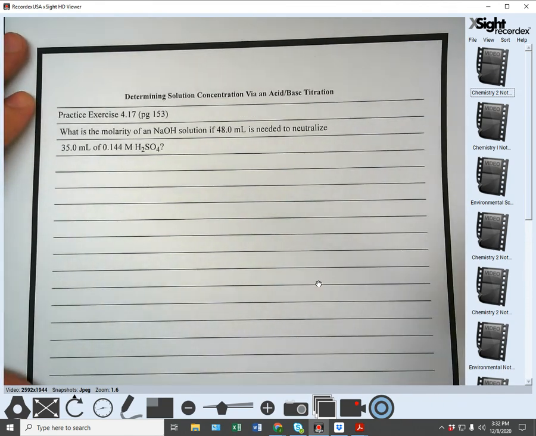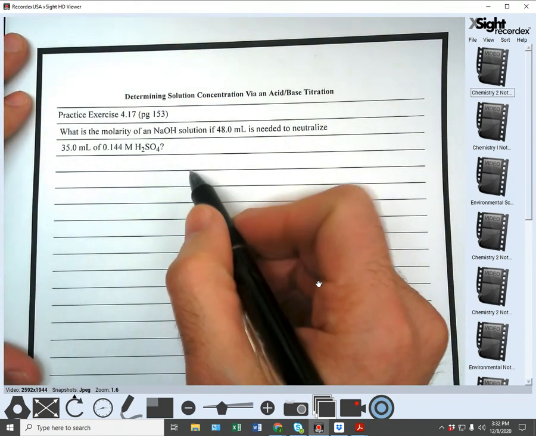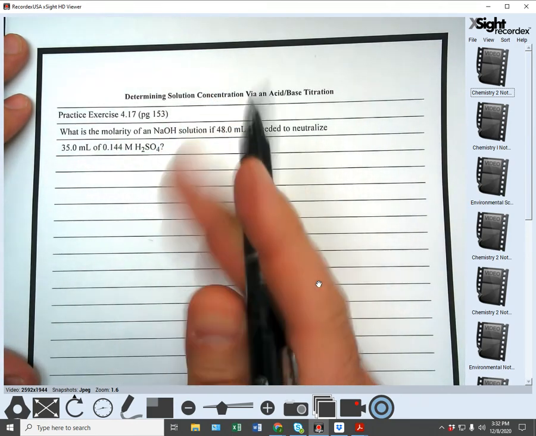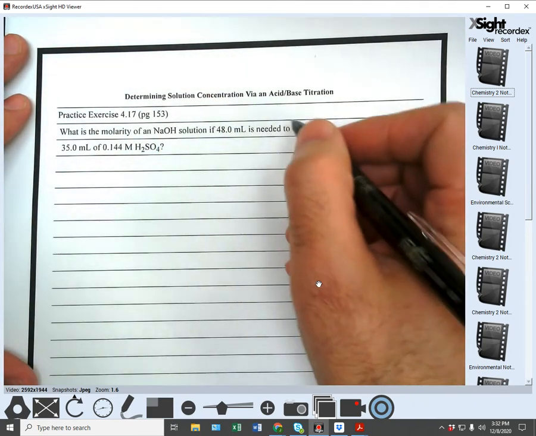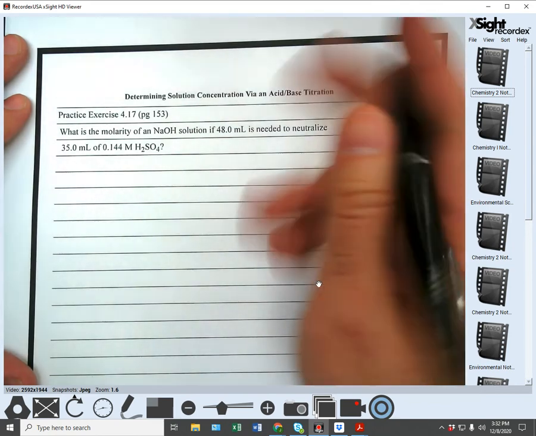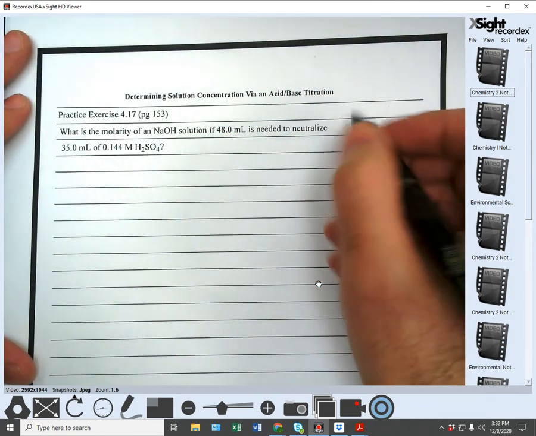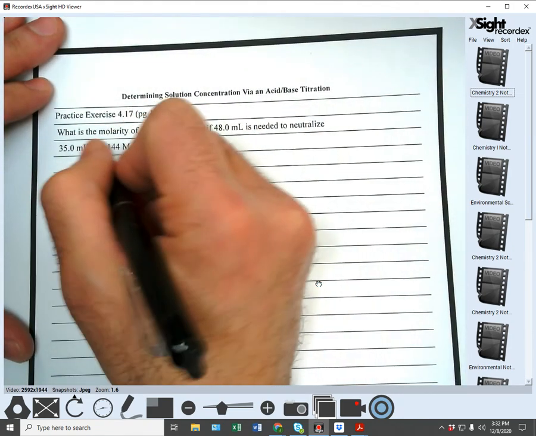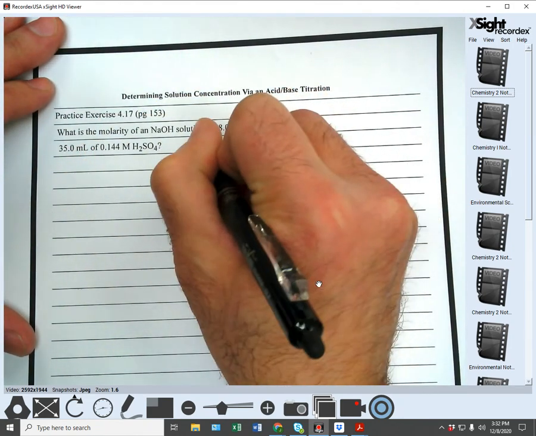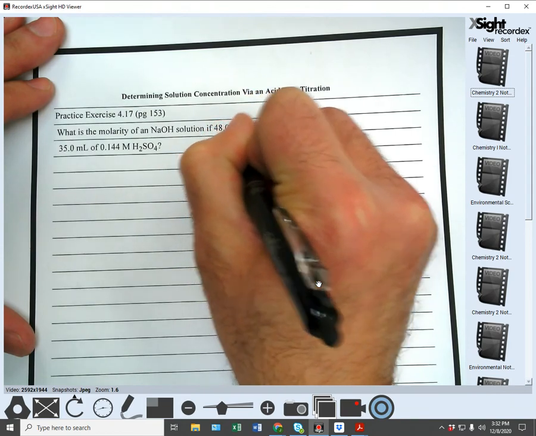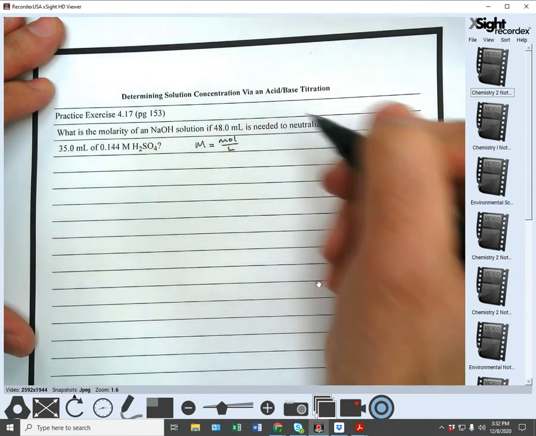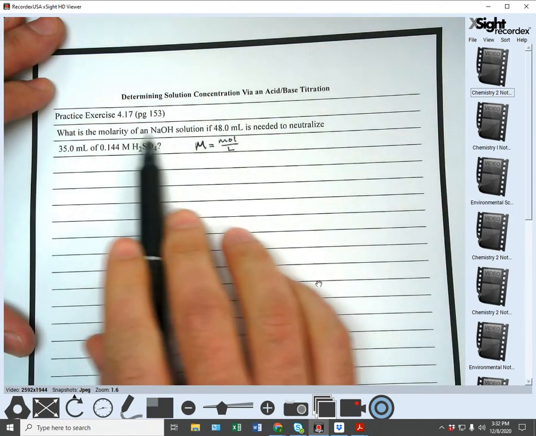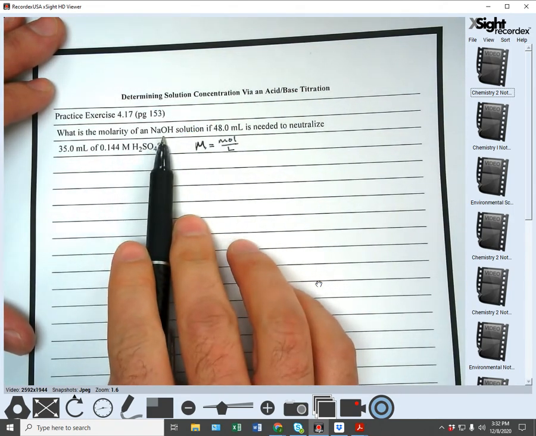So the first thing that we need to realize is we're talking molarity. Remember, molarity is moles over liters, right? So that means in order to get the molarity of NaOH,